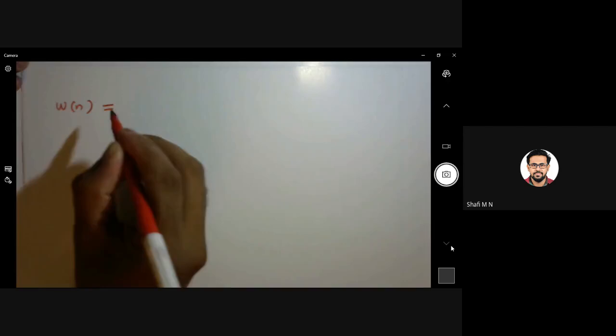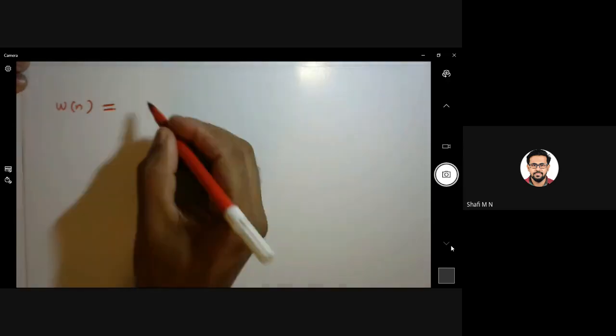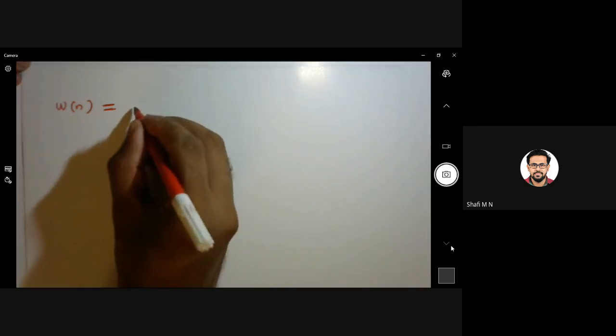And now let us see the equation for Hamming and Hanning window. As per your syllabus, you have to focus only on Hamming and Hanning window. So let's see the mathematical equation W of n for Hamming window and Hanning window. Both of them look similar. I will give you a common equation for both